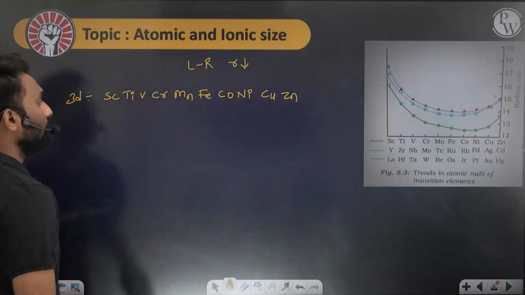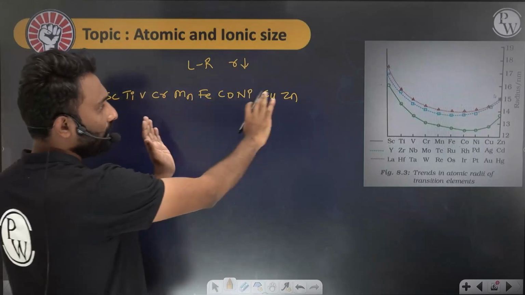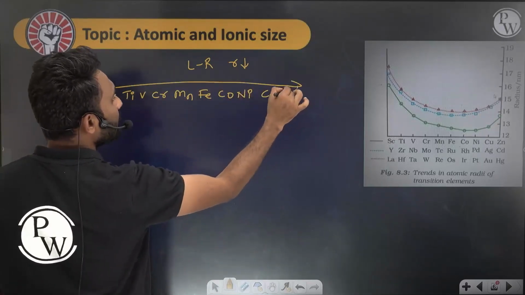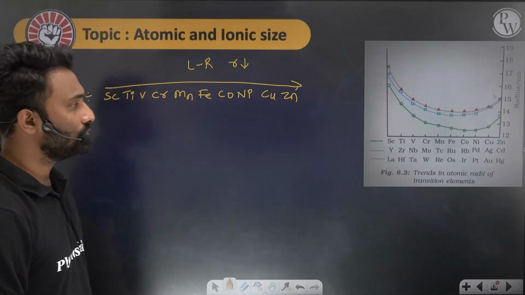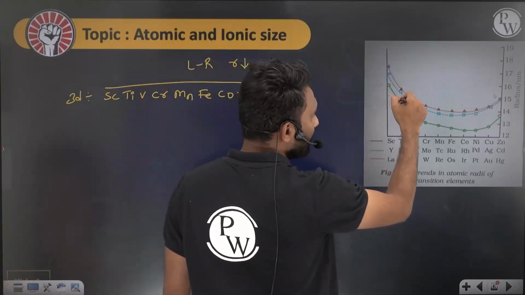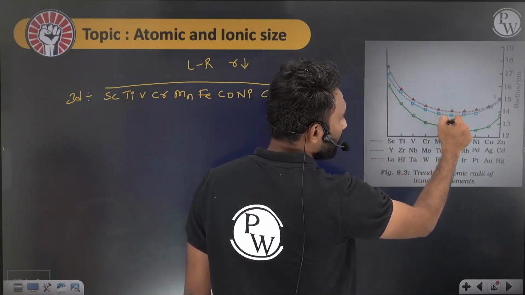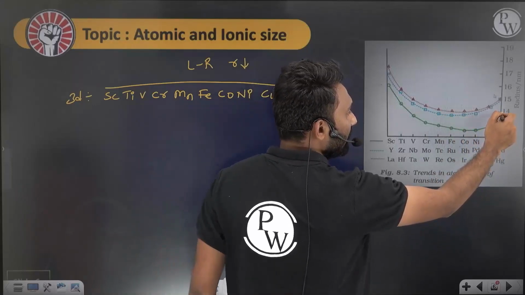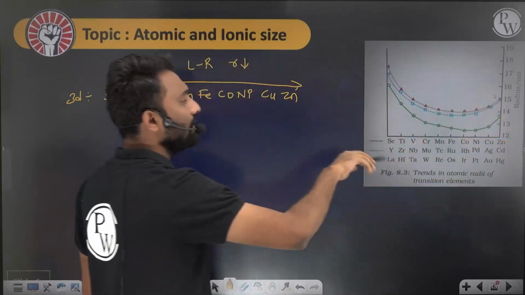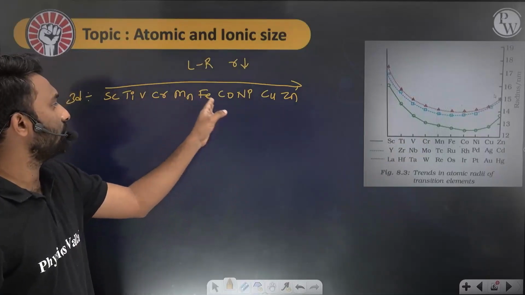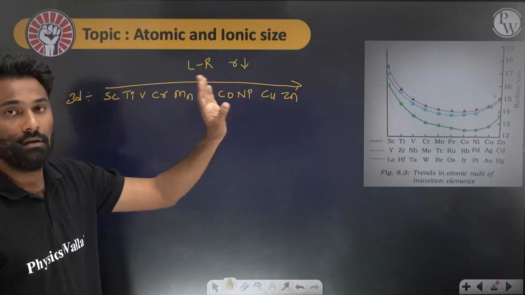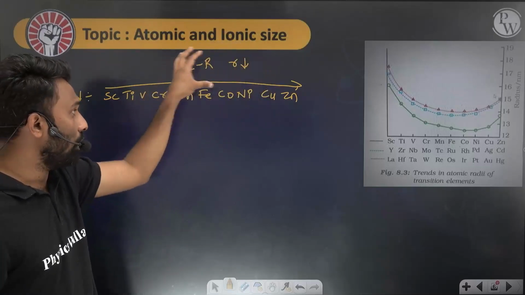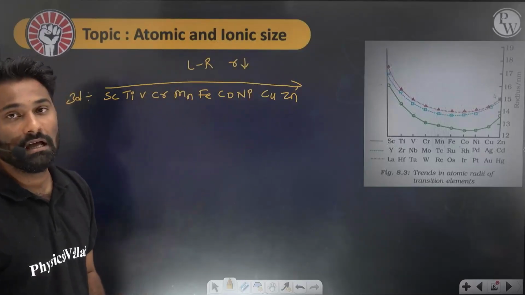ಇಲ್ಲಿಂದ ನೋಡಿ, when we move from left to right, atomic size should decrease ಅಲ್ಲ, but ಇಲ್ಲಿಂದ ನೋಡಿ, copper and zinc have a higher atomic size than manganese, ferrous, cobalt and nickel. But as per our periodic table trend, how should it be? Zinc should be the smaller size ಅಲ್ಲ,